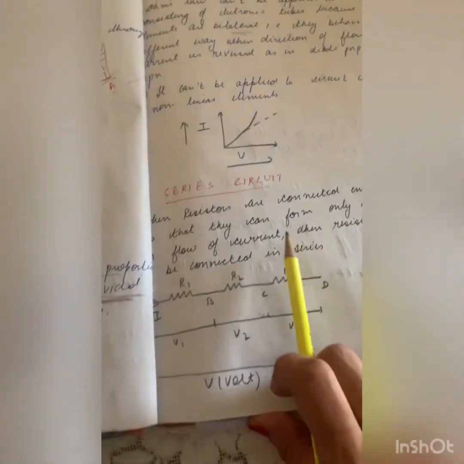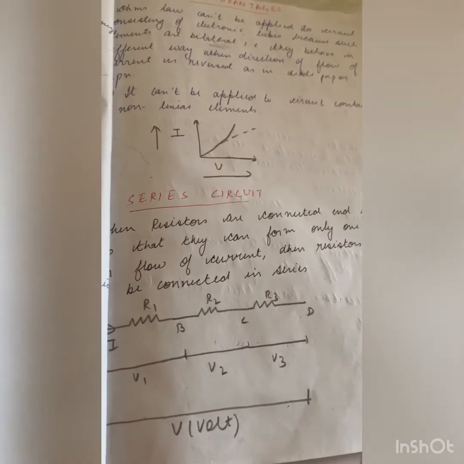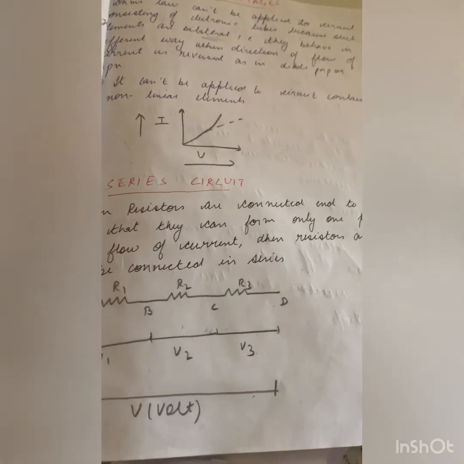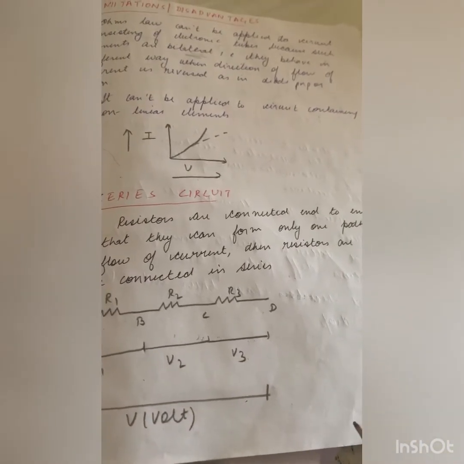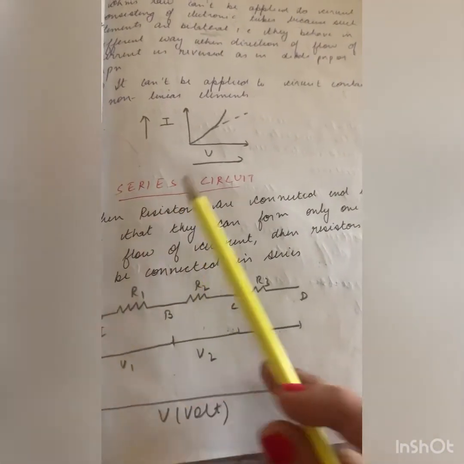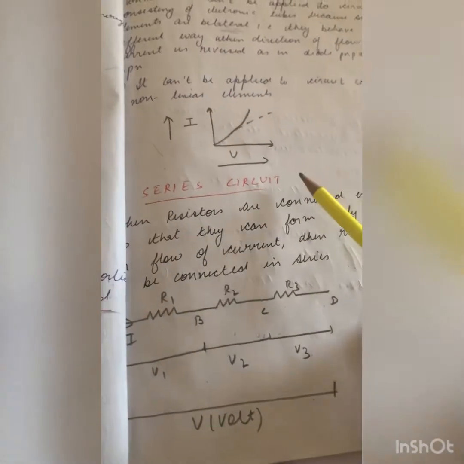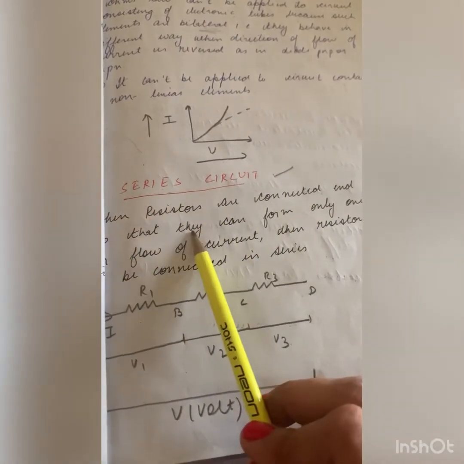Till now we have studied what is current, what is potential difference, what is voltage, what is resistance, and what is Ohm's law. Now we come to another part, which is series circuit or parallel circuit. We have three types of circuit here. First is series circuit, other will be parallel circuit, and third one would be series and parallel both. First we'll study about series, then we'll study about parallel, and then the combination of these two is the series parallel circuit.